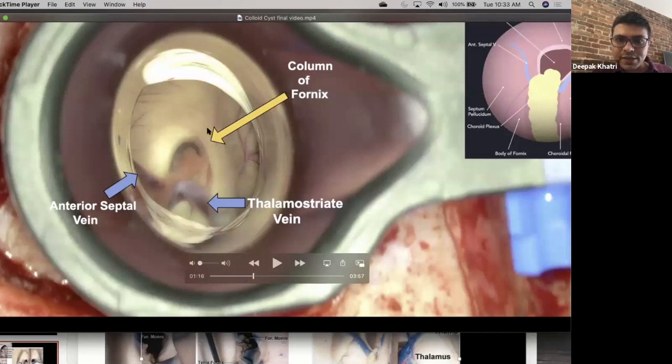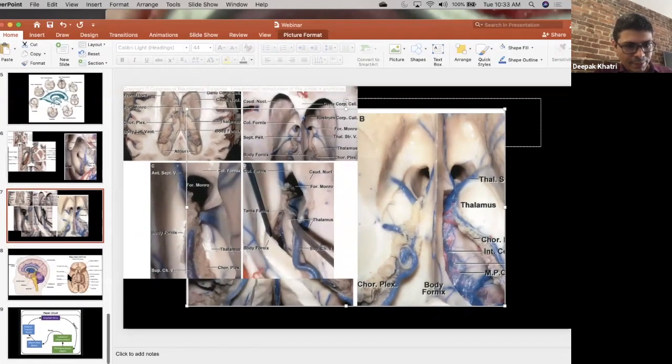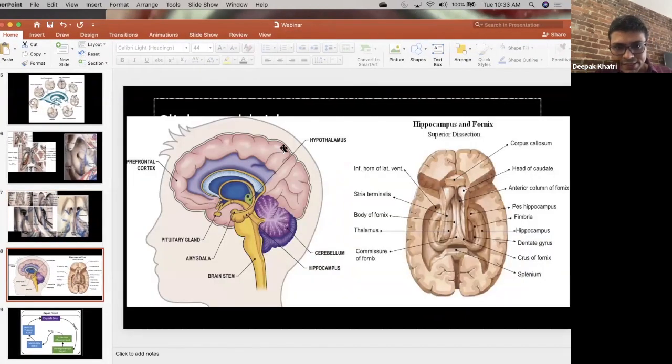And this is the column of the fornix here. So the fornix is another important structure. It's really important. Let me discuss the anatomy of the fornix with you guys. So this is a pictorial diagram here. This is a sagittal view. The fornix, if you can see the dark blue structures here, you know the lateral ventricle, the third ventricle, and